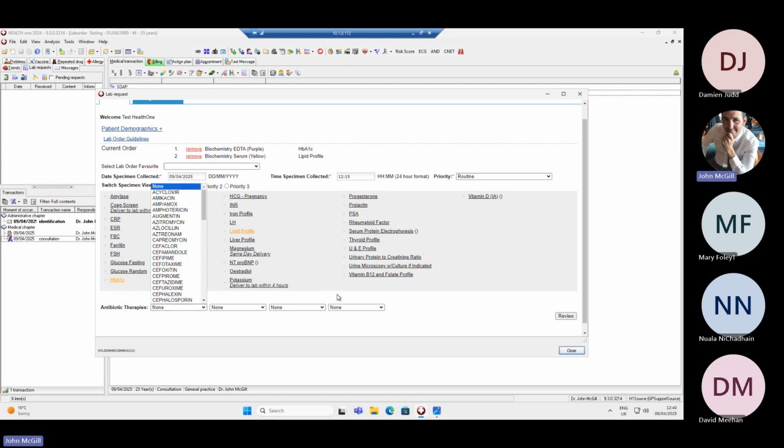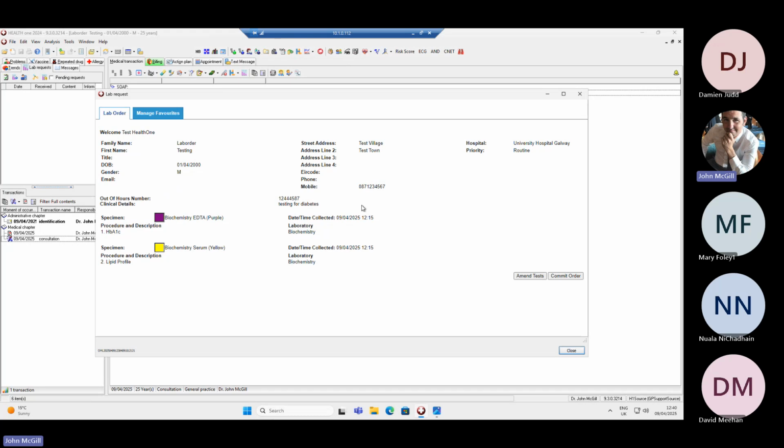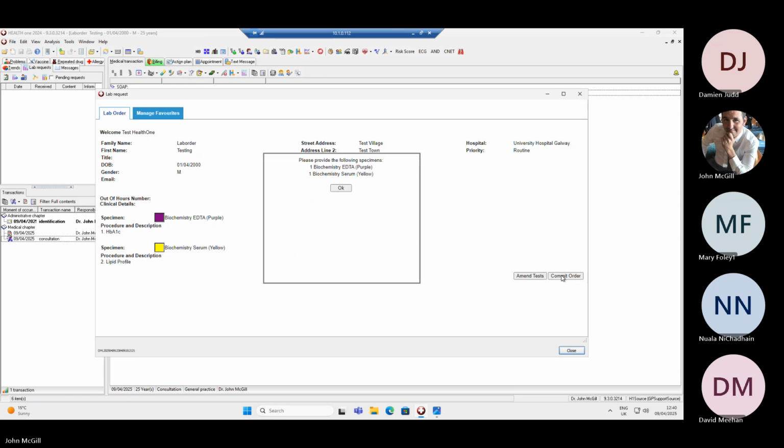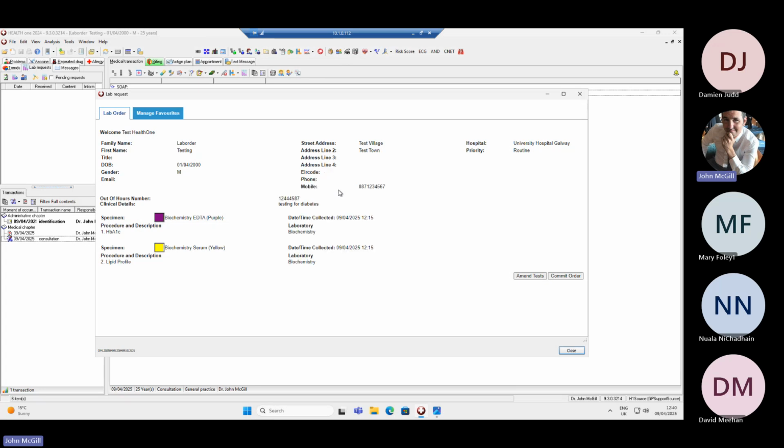So if you're happy with these labs that you've selected, you can click on review to review the lab order you've done. So these are the ones you're going to do. If you wanted to amend that, you can click on amend test. If you're happy with it, you can click to order here. So if I click order, this shows you what you need to pop into the bag to send off to the lab there. If I click OK on that there,